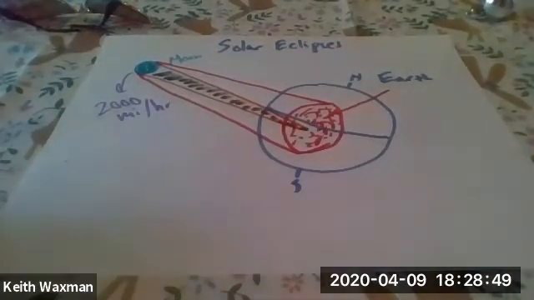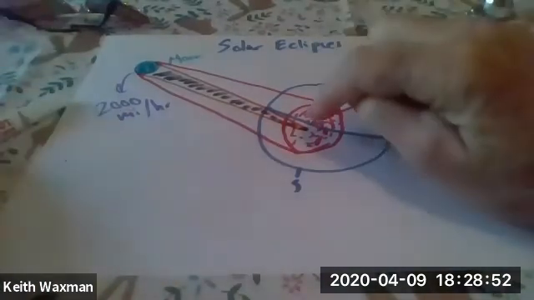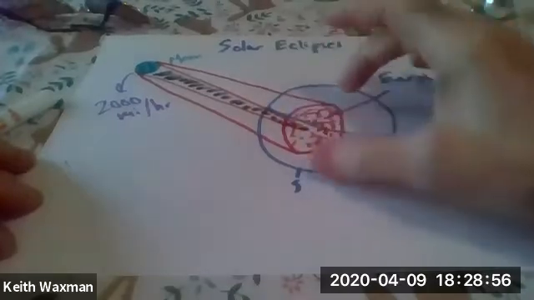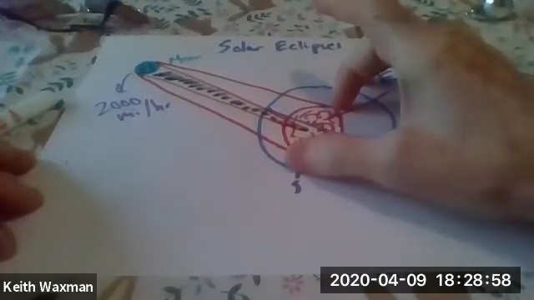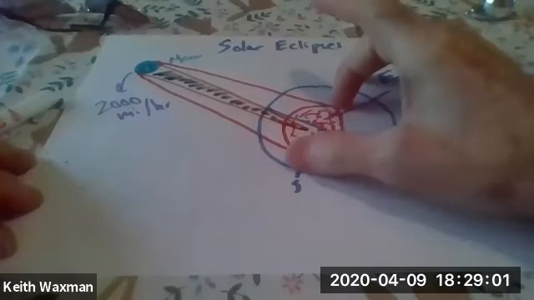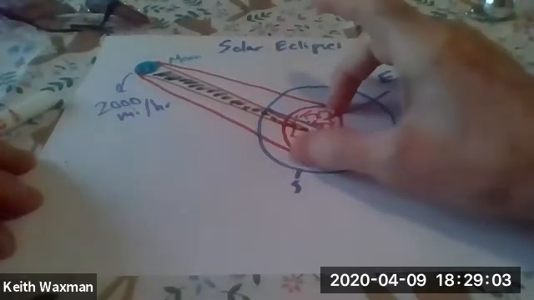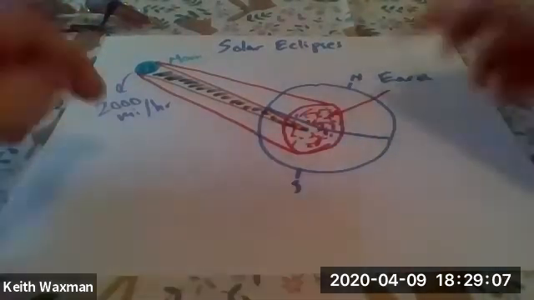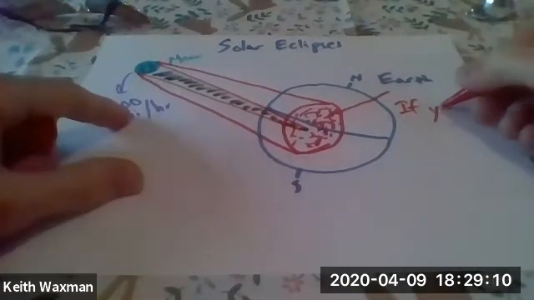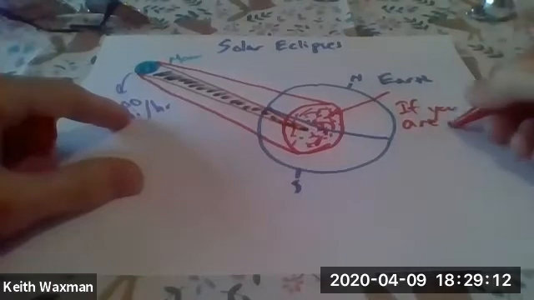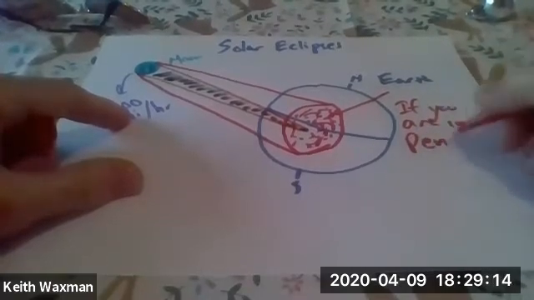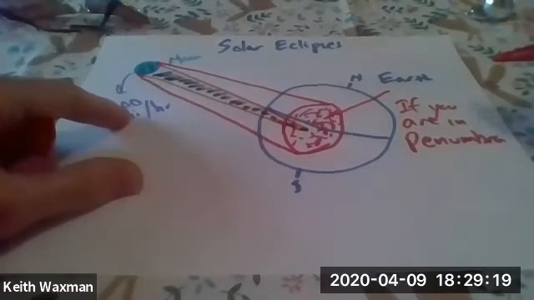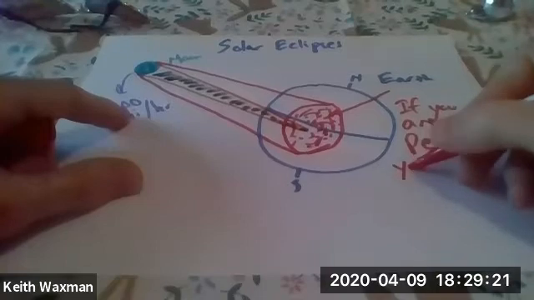Now, the umbral spot. We're going to talk about this umbral spot in a second. But first of all, let's talk about the penumbra. The penumbra can be about 4,000 miles in diameter. You're more likely to be in the penumbra than the umbra. Remember, penumbra's big. Umbra's not. But if you are in the penumbra, which is more likely if you're seeing any eclipse at all,